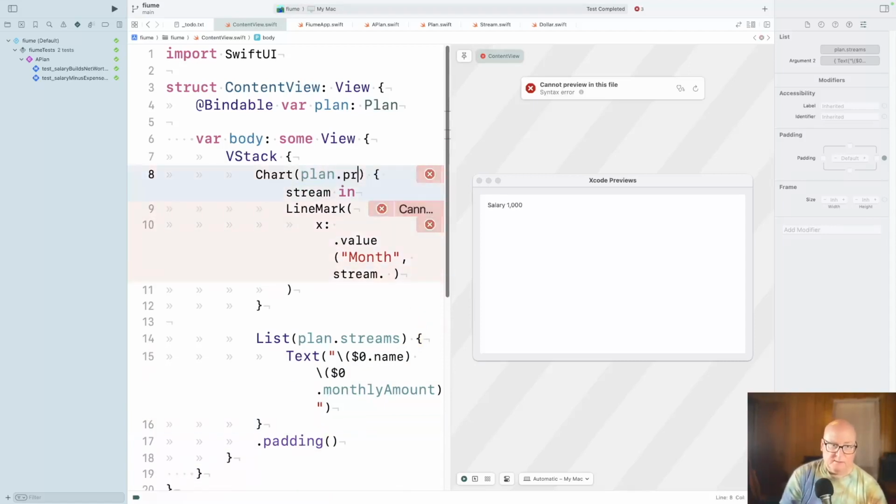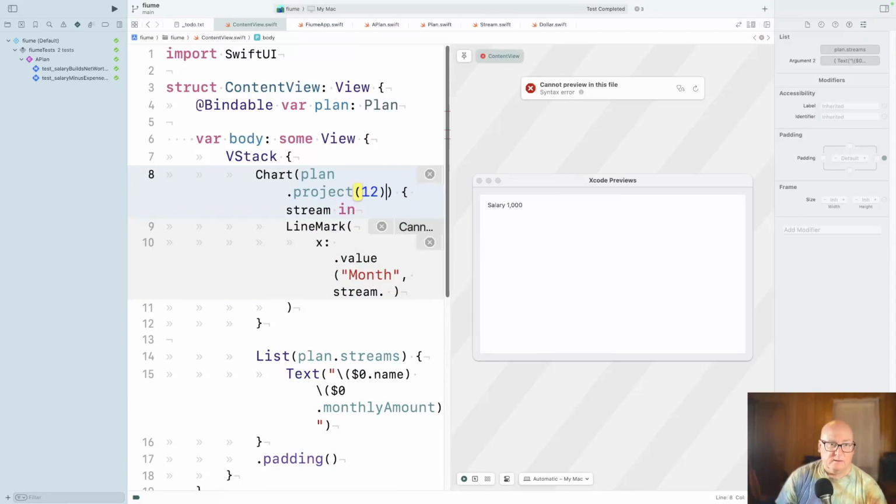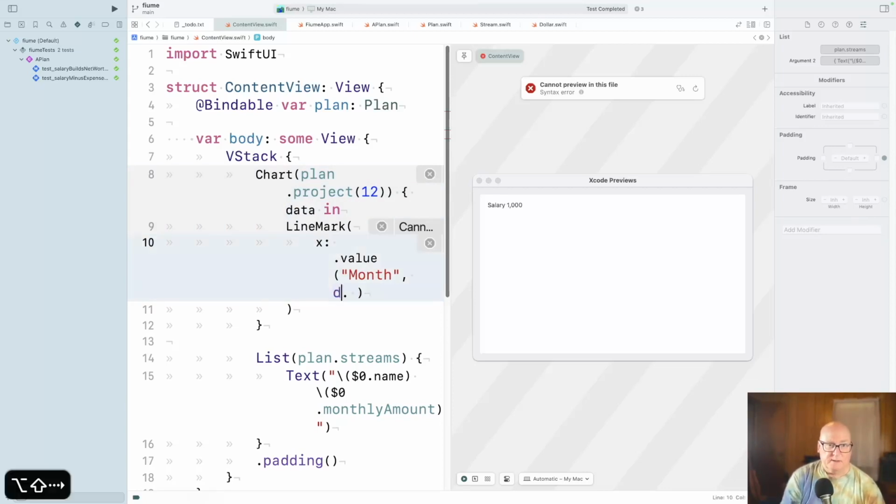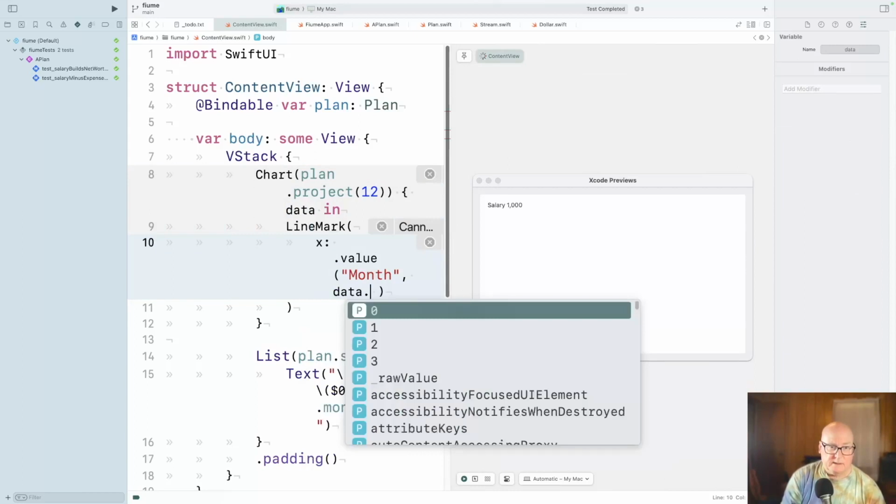I want, let's say, project 12, data x-coordinate value month is data dot. That can't be right.